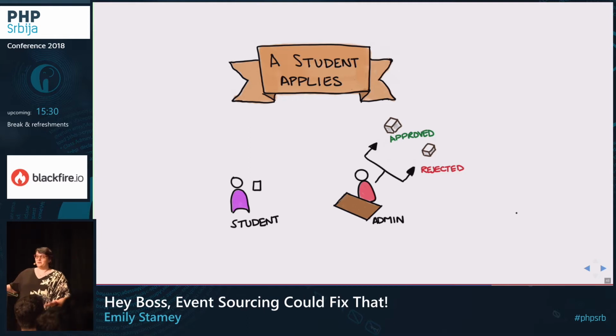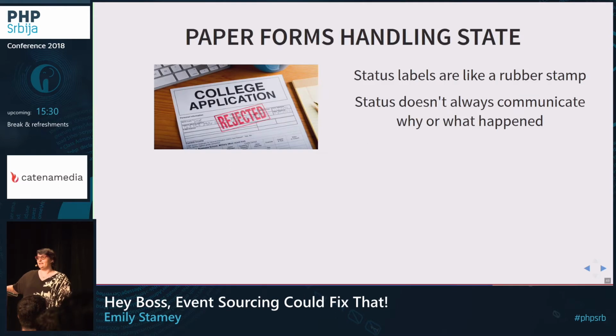But if you've ever built applications like this and then allowed them to continue untouched for a really long time, they start getting complicated in weird ways. Because they're updating a status as it goes through this process, and it's effectively putting a rubber stamp on it when it starts out. But then the process becomes more complex.